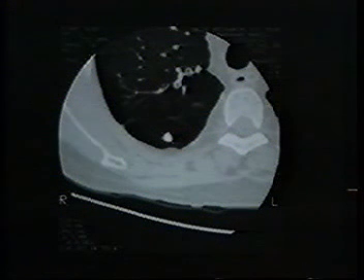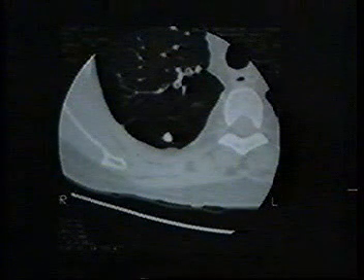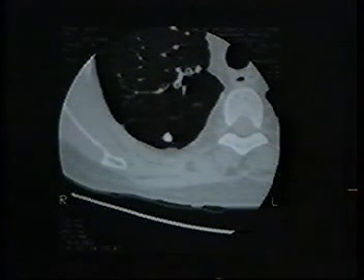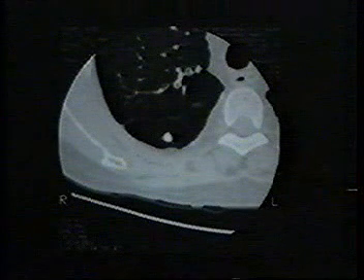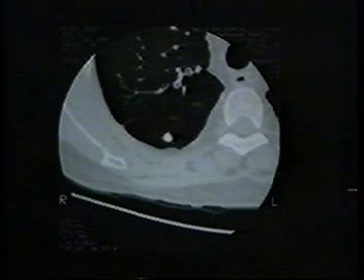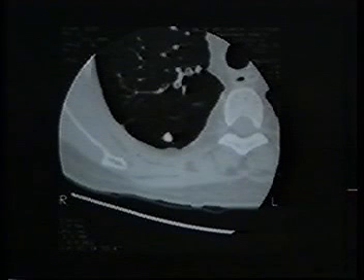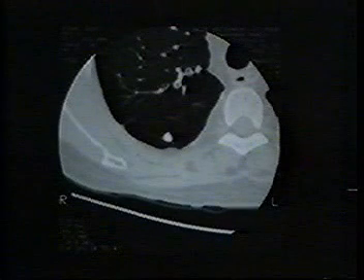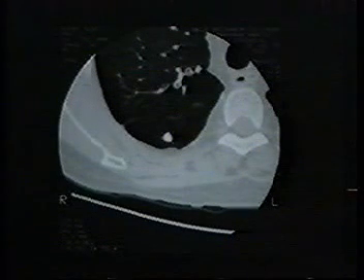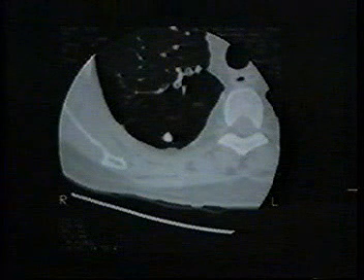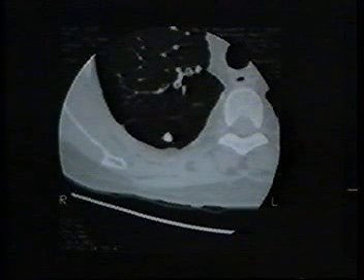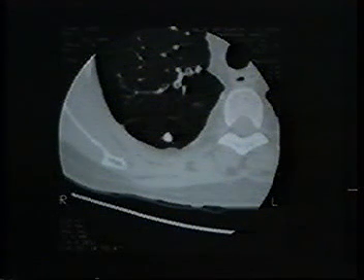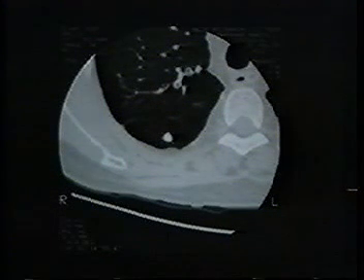If we measure CT numbers from this, they are in the 300 to 400 range. As a rule, if you have a nodule with recognizable calcification, you will see numbers of about 300 to 400. In our experience, or as a rule, we call nodules calcified if we see numbers above 200. Numbers between 200 and 400 will not typically result in obvious calcification, though, in just looking at the scans. In some patients